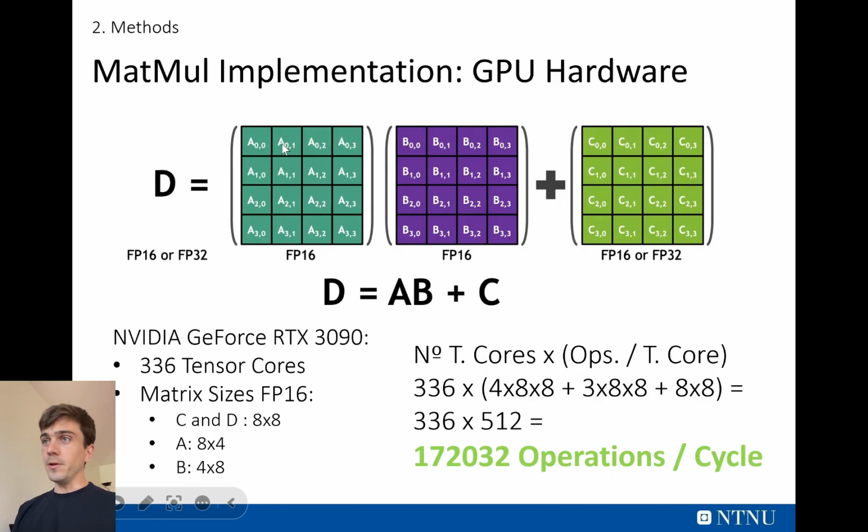So for example, when we multiply this row by this column, we have 1, 2, 3, 4 multiplications, and then 3 additions, right? So that's the first 4 here, and the 3 additions here. And then we multiply it by 8, because in this image we have